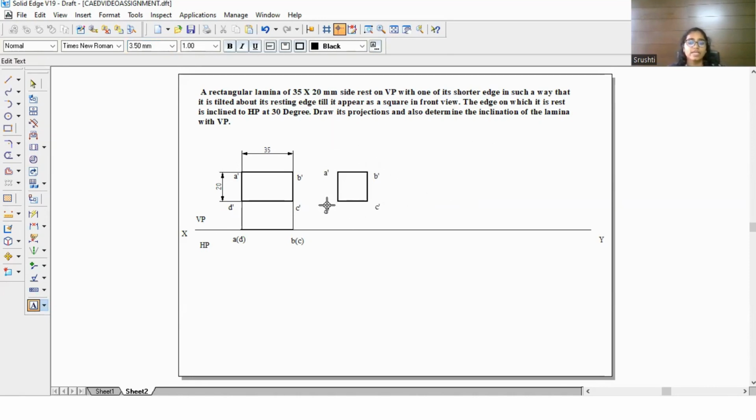Now we got the second view. Let us measure one side of the square lamina. Since it's a square, all sides are equal, so measuring only one side is needed. To get the front view of the square lamina, you have to do the same way as the rectangular lamina,